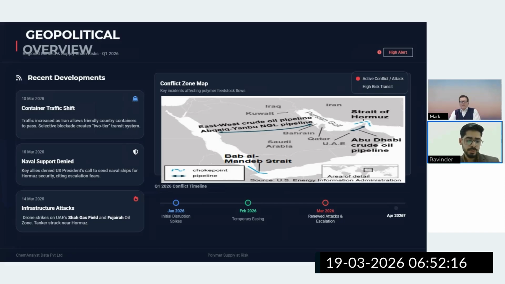So I was talking about the Suez Canal. This is another choke point. If I show you in the graph here, this is the Strait of Hormuz, which is already in crisis. This is the Red Sea, which might come into the crisis if the Houthi rebels start attacking the vessels here, and that will block the way to Suez Canal from here.